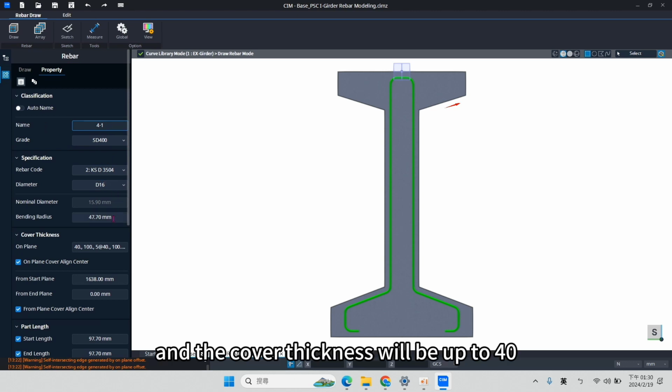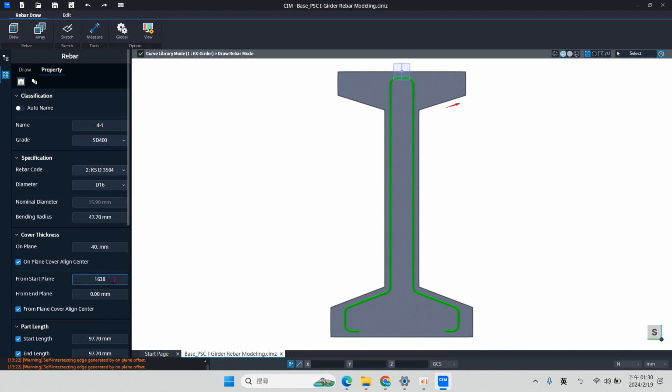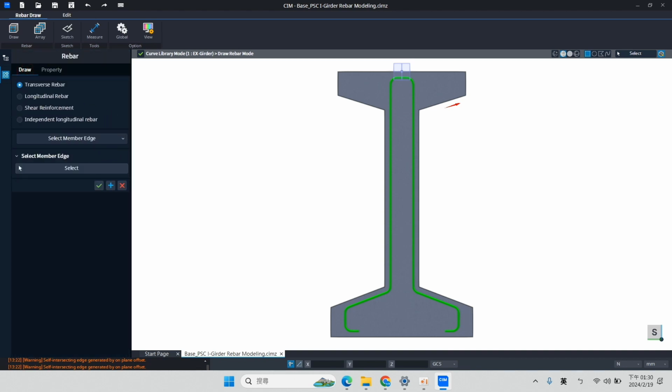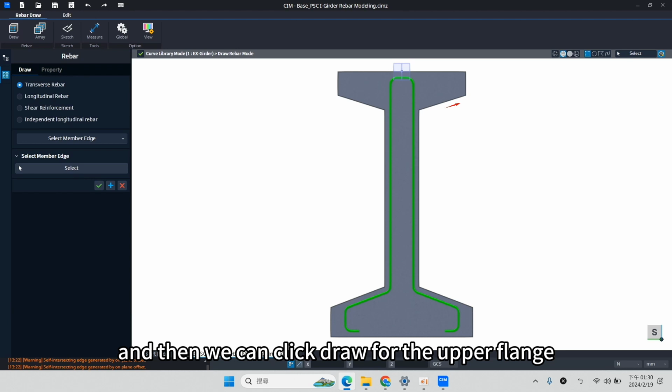Okay, and the cover thickness will be only 40 because all of them are the same with the from start plane of 126.5, okay, with a part length of 335.29, and the hook type, we don't have any hook part, okay, and then we can click draw for the upper flange.